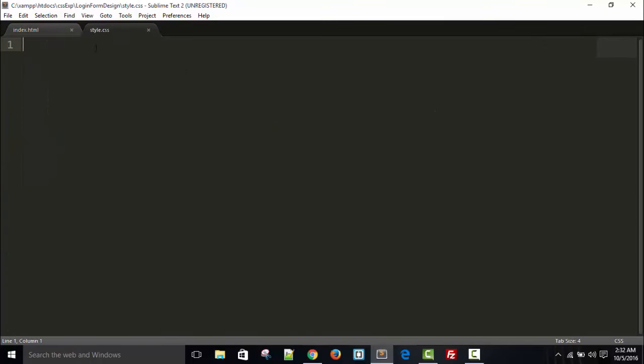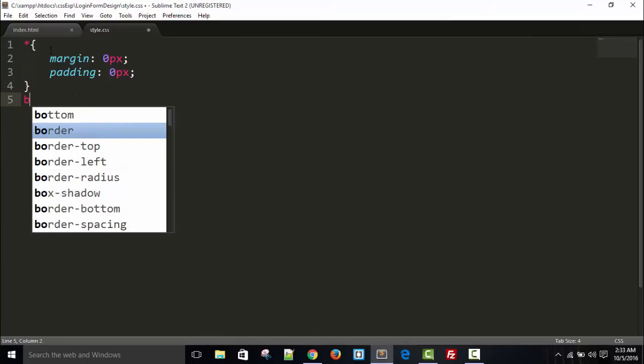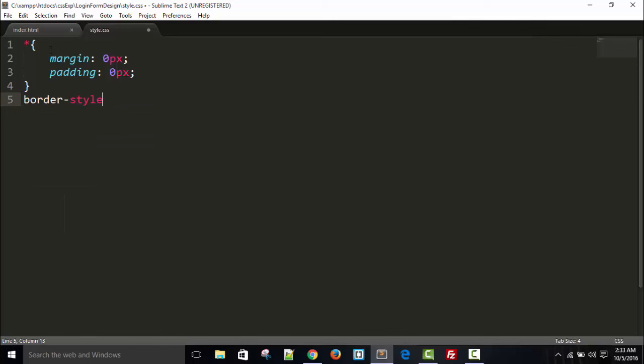So you can see here login, here is nothing. Start working with style.css. So asterisk to select all, and margin 0 pixel, padding is also 0 pixel. Initially there is no space, no padding, no margin between the objects. And sorry, body, what happened,